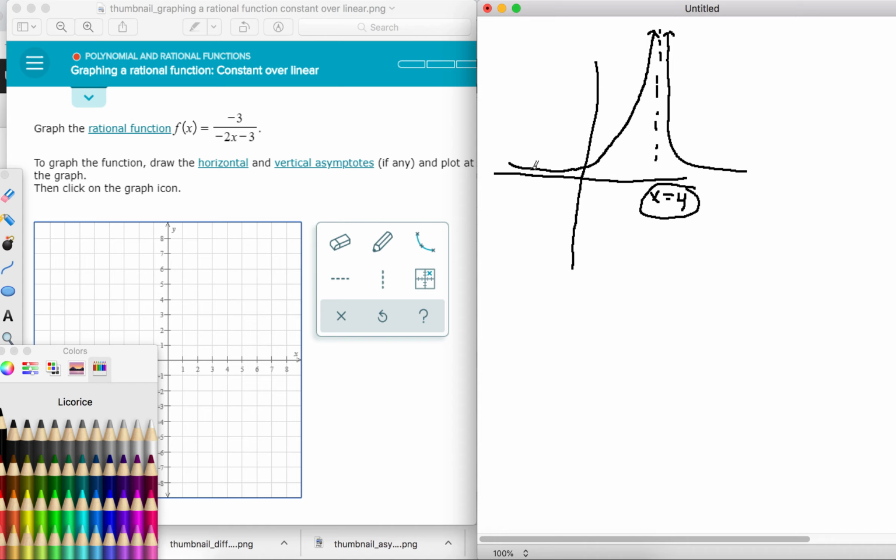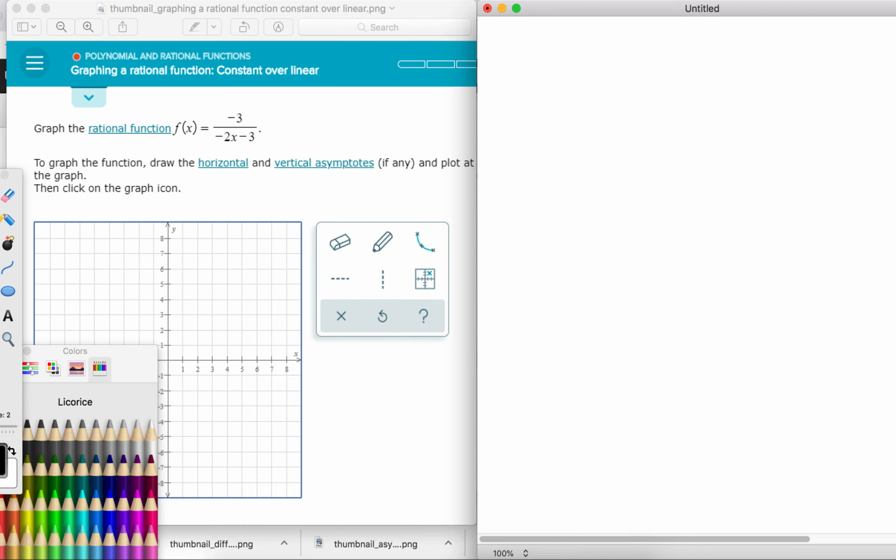Okay? You can have horizontal asymptotes too. See how my graph gets really, really close to y equals 0, but it never reaches it. So y equals 0 is the horizontal asymptote. Okay, so we want to be looking for those things. You can get that by using a program like Desmos online, just typing this in a graphing calculator. But